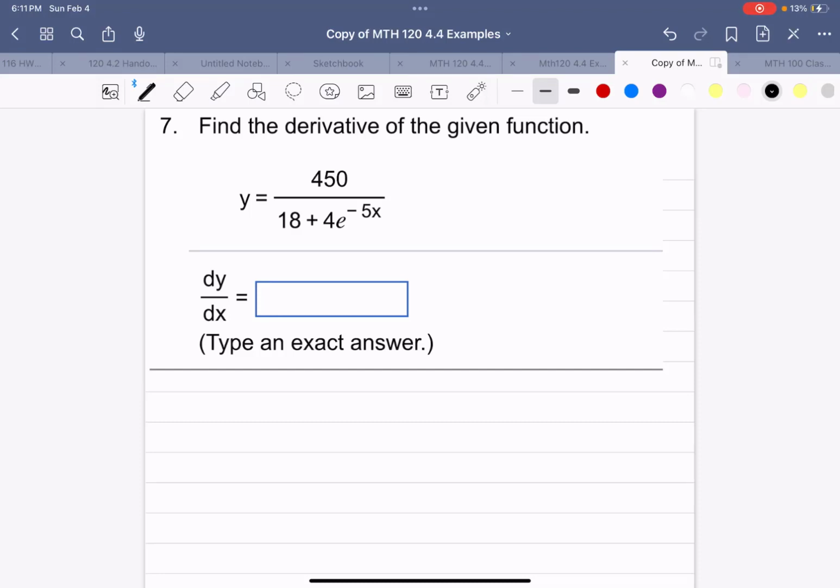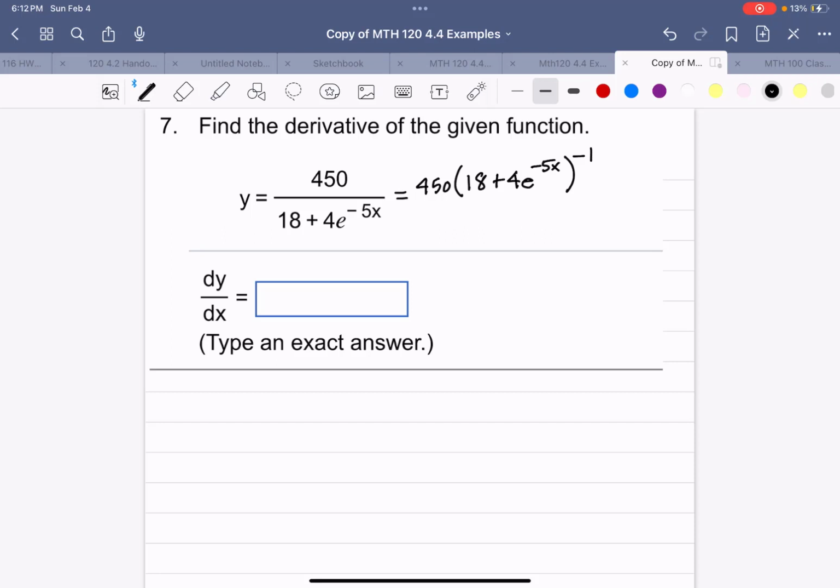Example 7. Find the derivative of the given function, y equals 450 divided by 18 plus 4e to the negative 5x. There are two ways to treat this. I could rewrite this as 18 plus 4e to the negative 5x all to the negative 1, and I could use the power rule